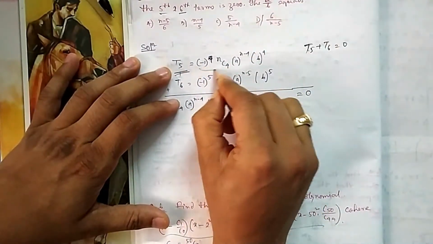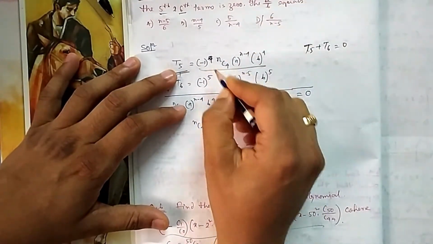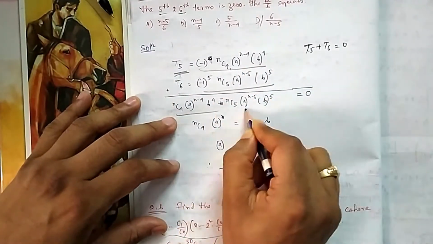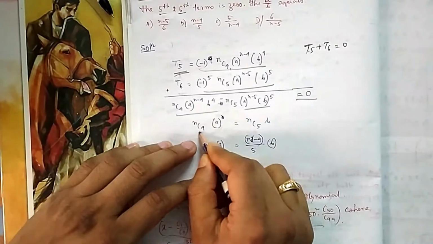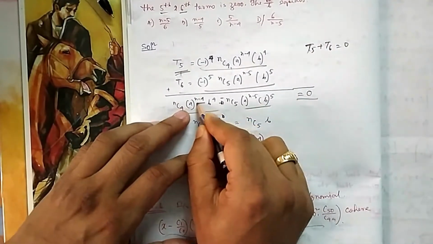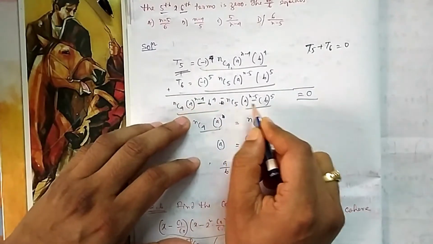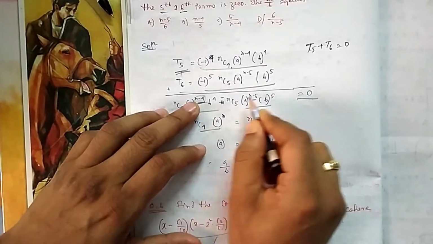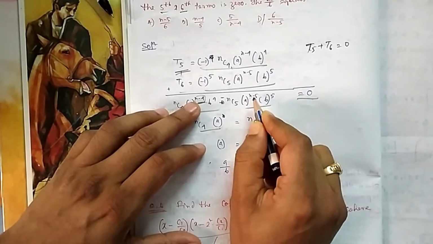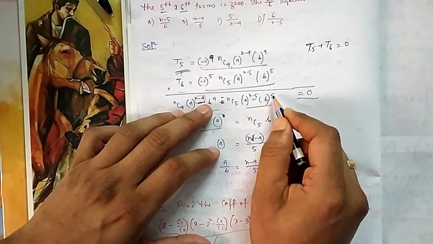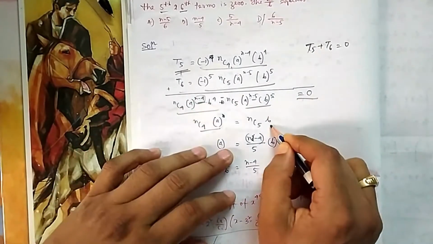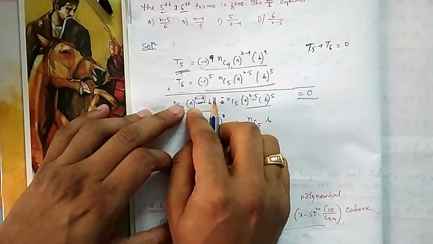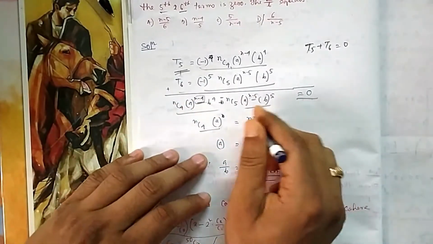So you write t5, this is very easy. From this expansion you can do it easily. Because there is a minus, minus 1 will come, nCr a to the power n minus 4, b to the power r. Similarly t6, you add these two equal to 0. If you add these two, then the power of a is n minus 4 and n minus 5. You take it that side, then divide. The largest power is this one, so it will be n minus 4 minus n plus 5, so it will be 1, and then b5 divided by b4 is b. This one I have taken that side, then I have divided by a, and plus 5 I have taken this side, b I have taken that side, so you are left with this one.